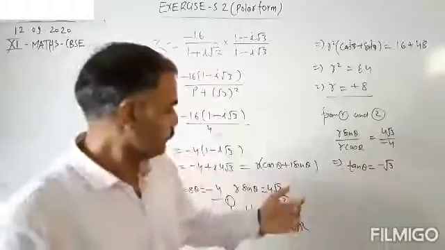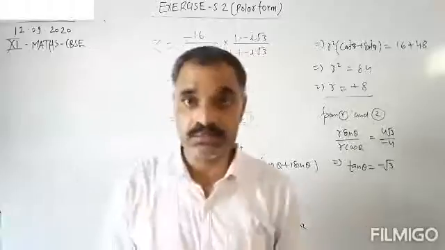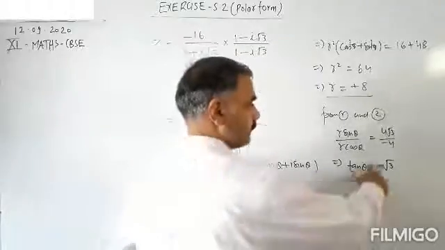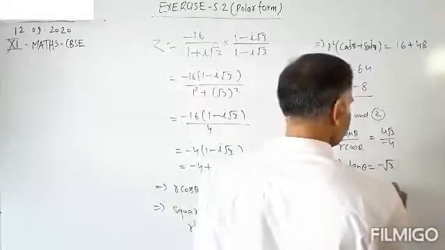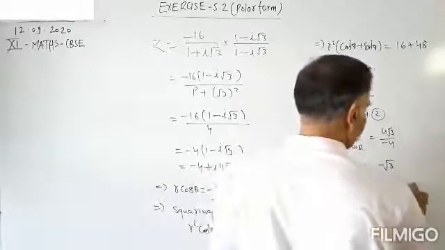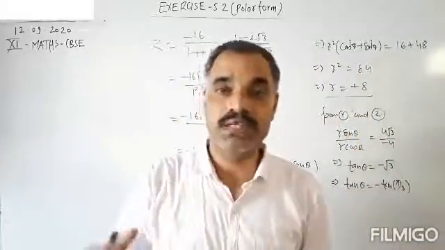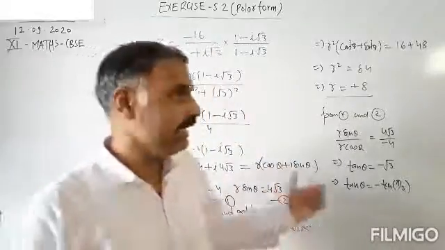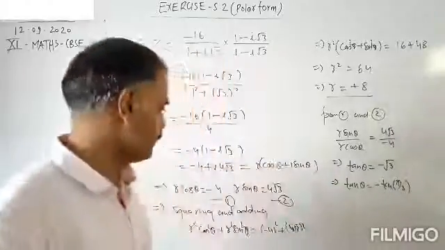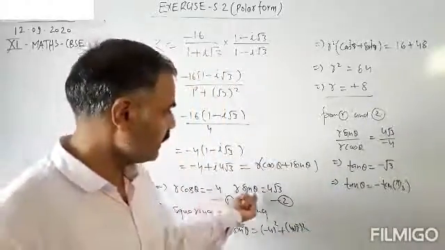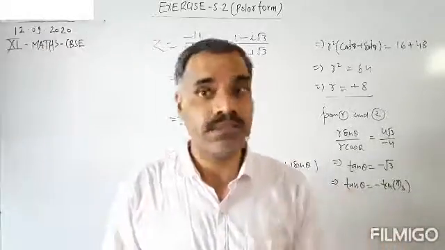Now the amplitude. Using equation number first and second, dividing second by first, we have tan theta equals minus under root 3. Tan theta equals minus tan of pi by 3. This tan is negative, so theta will lie in the second quadrant or the fourth quadrant. But cos theta is negative and sin theta is positive. That is why it is the second quadrant.